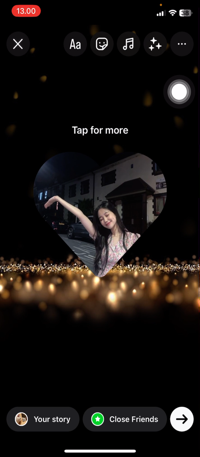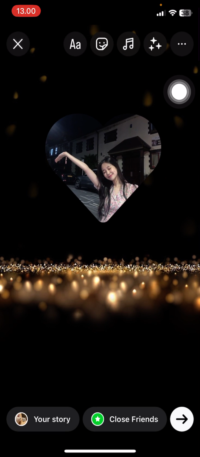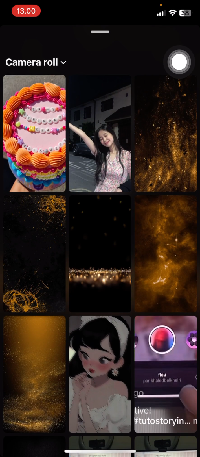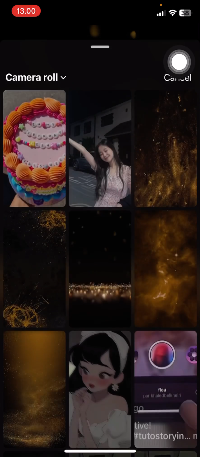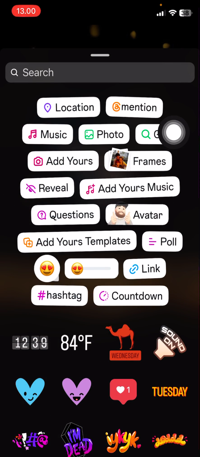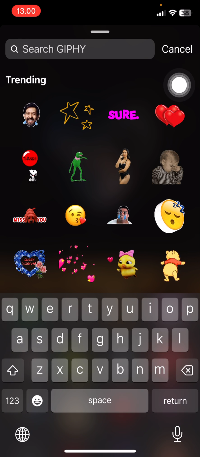I'm going to tap the heart-shaped one and I'll just place it up here. I'm going to make it a little bit smaller though. Go to the stickers tab again, press cancel, and add in a GIF. So go to GIF or GIF or whatever you call it and type in heart gold,